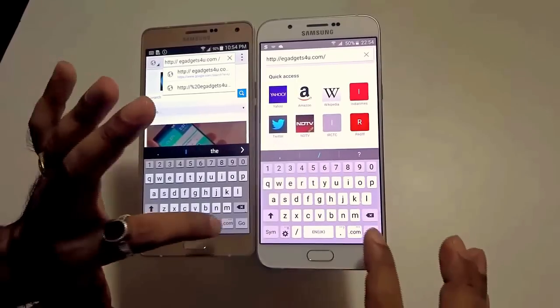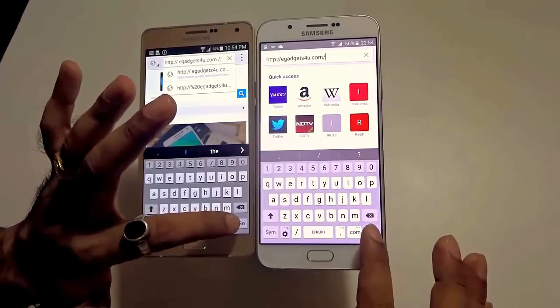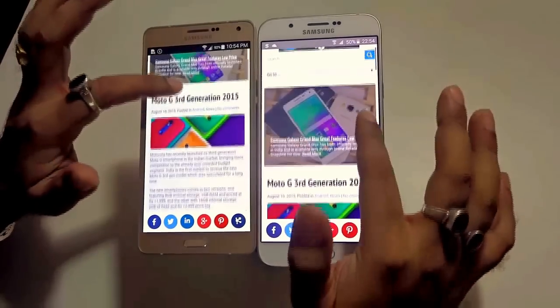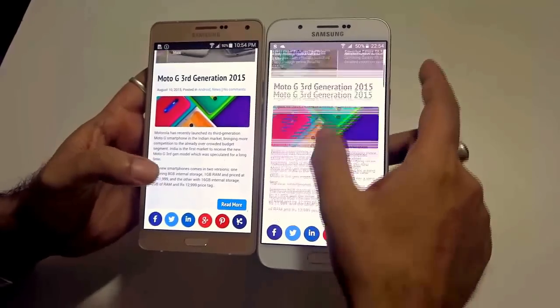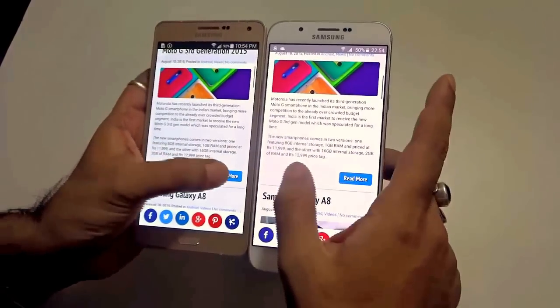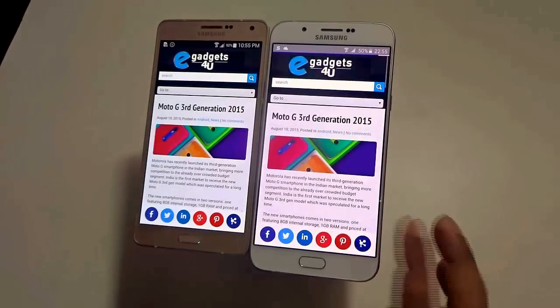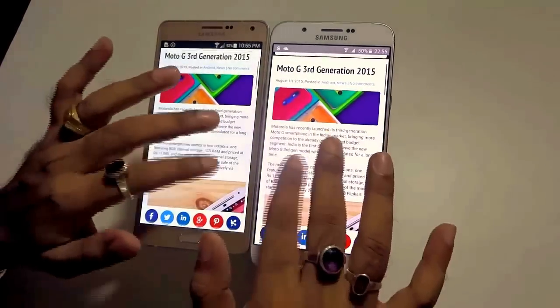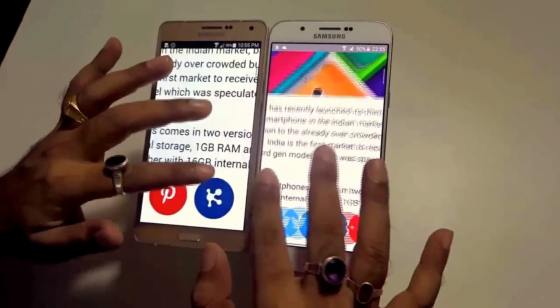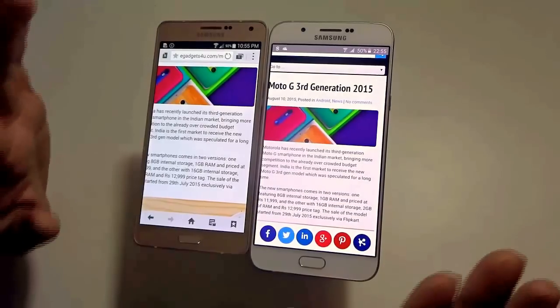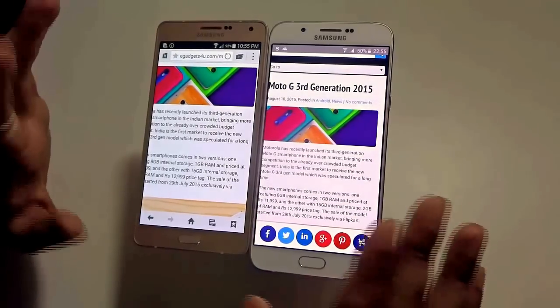Now let's hit go for both the handsets and check the speed and performance of both the handsets. You cannot sort the difference between the two. Performance wise, both the handsets A7 and A8 turn out to be a great deal at the end of the day. Now if we go ahead and open any particular news in both the handsets and check the pinch to zoom, it works without fail each and every time for both the handsets. I cannot find any lag, any issues in either of the handsets whatsoever.